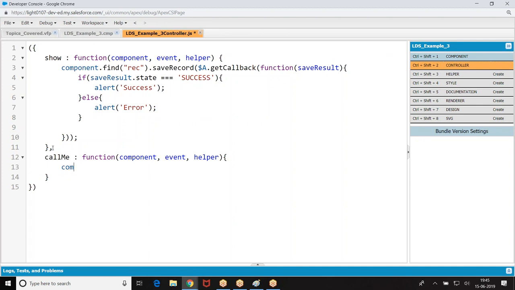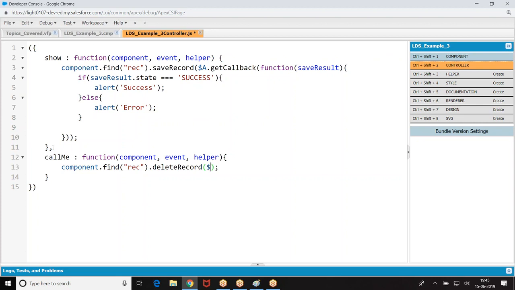So how do you do that? Component dot delete record.